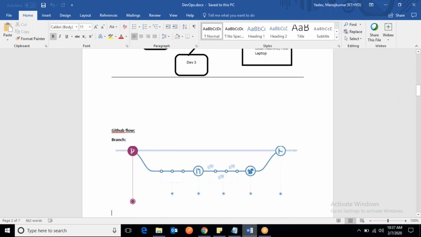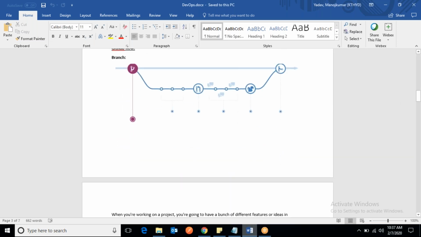We have a flow that I think we talked about in detail. This is a very basic workflow, and Rupesh has already explained the different branching strategies. In this line you see the master branch, and this you can think of as a development branch. Suppose you started working on a new feature. You created your local branch, a new branch, and you started working.